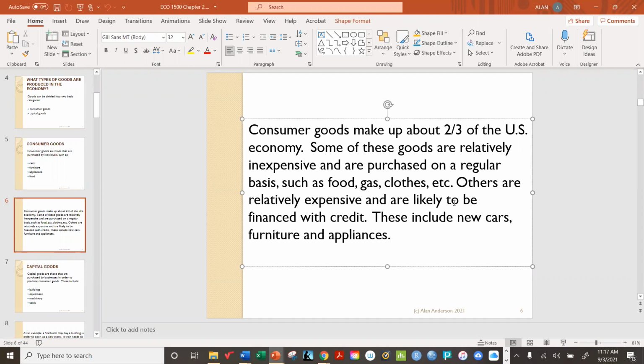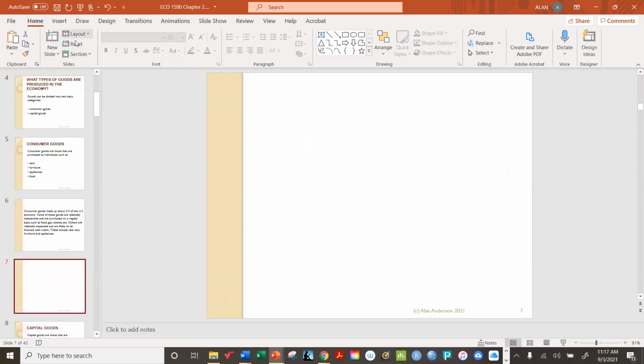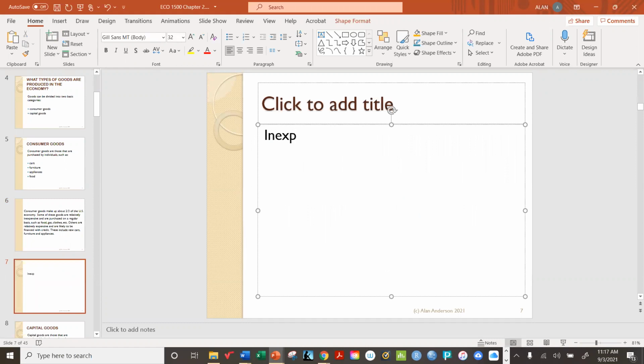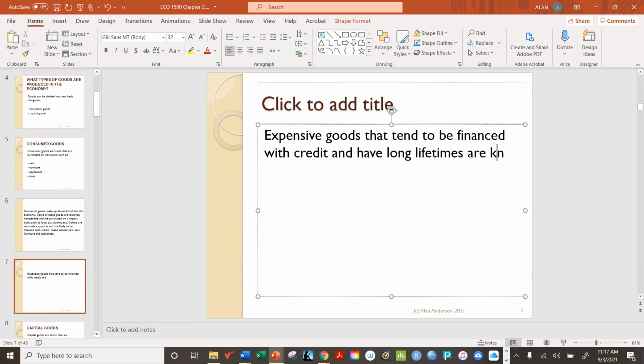Okay, so economists make a distinction between these two types of goods. In fact, let me slip this in here. We'll see this again later on, but I want to mention it now. Expensive goods that tend to be financed with credit and have long lifetimes are known as